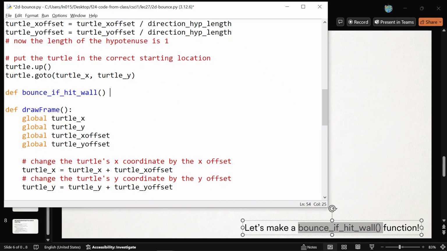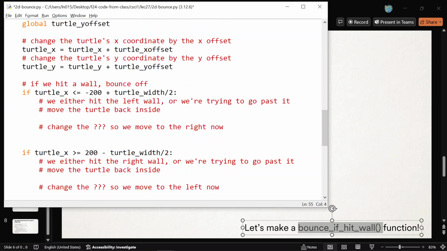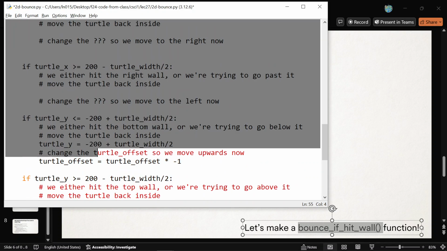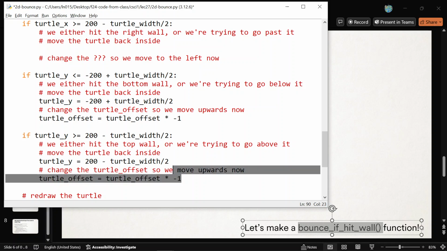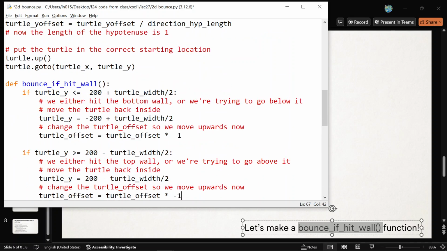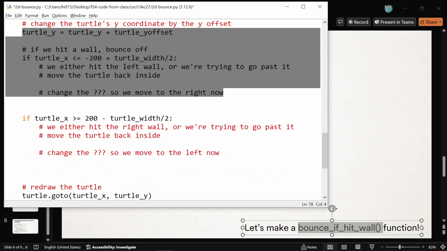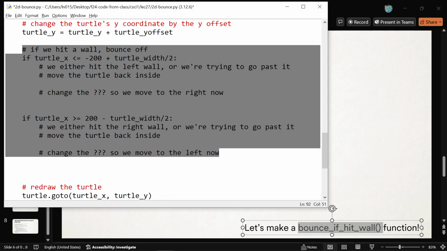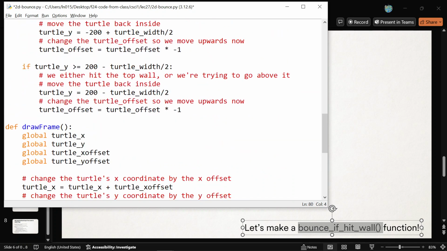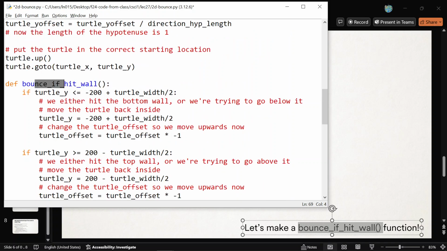I don't know how to do it yet, but let's hand off the problem to this code, all right? And I'll steal all this wall checking stuff. Let's actually keep the stuff that we had before first, because we can look at that. It can be on top. The order does not matter. There we go. And so I've just handed off the problem of checking if we hit a wall and bouncing to this function,